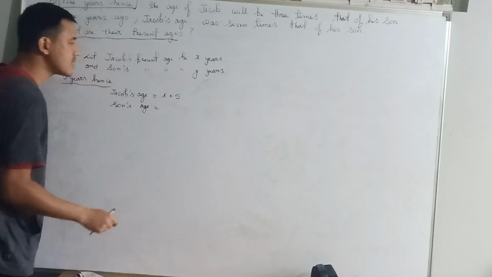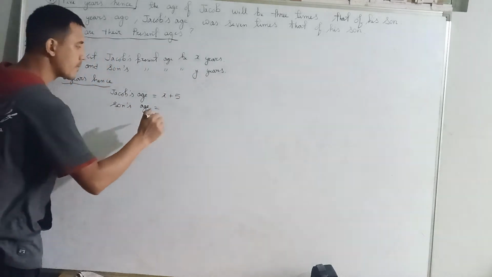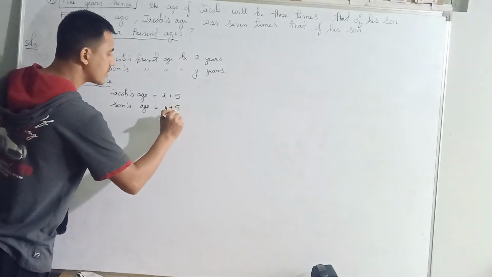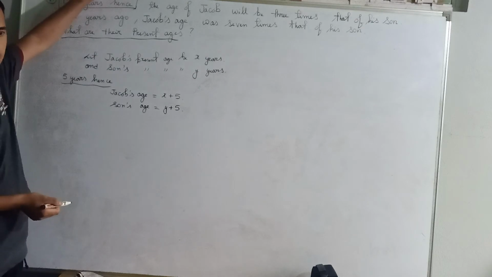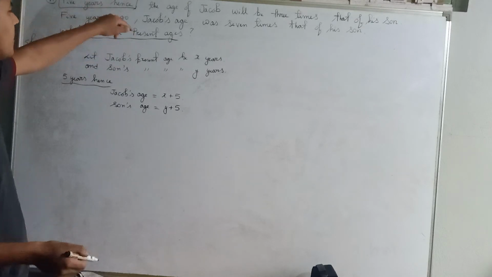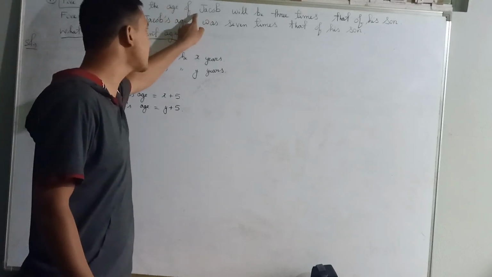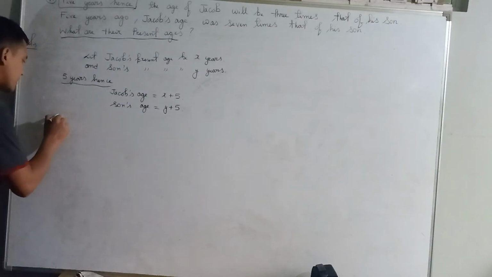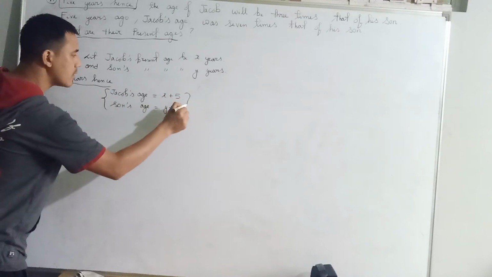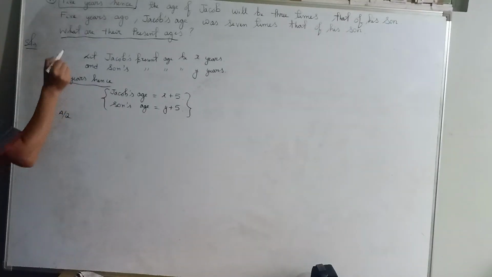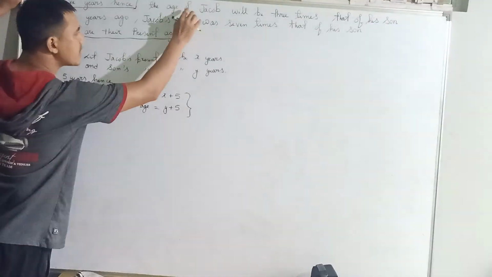After 5 years, his son will become Y plus 5 years. Now after 5 years, let's see what is happening. The question is talking about after 5 years, so we have to use this. After 5 years, the age of Jacob